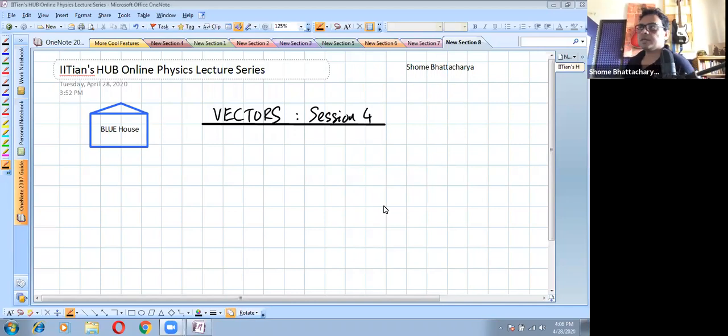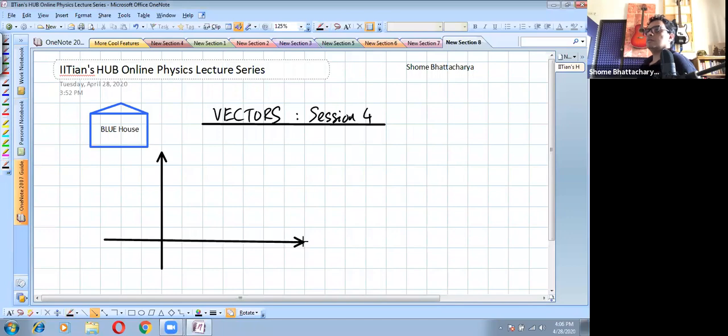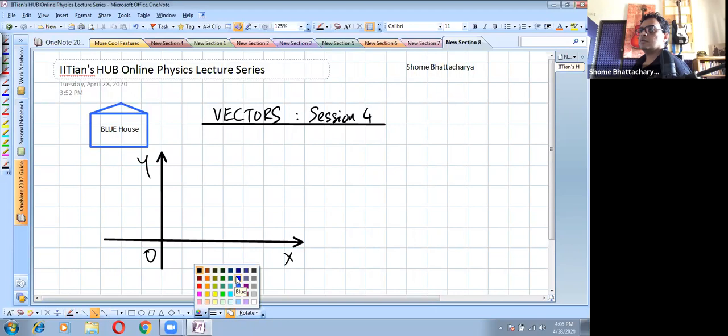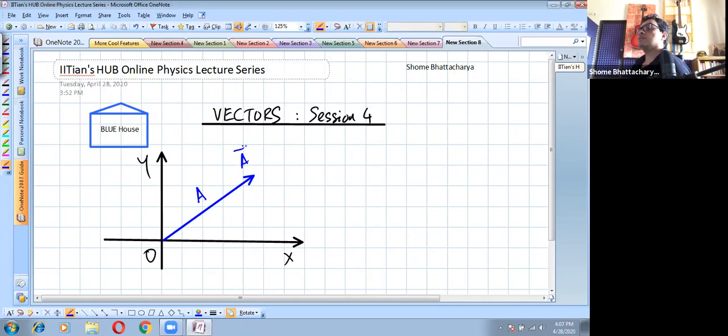Right. So quick recap of the method of components that we discussed last time. So we saw that with respect to an xy plane, if we have a vector that looks something like this, or in terms of geometry, the vector has a magnitude, let's say capital A, and makes an angle theta, then